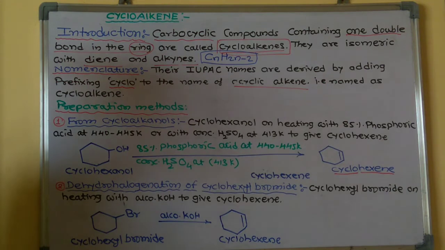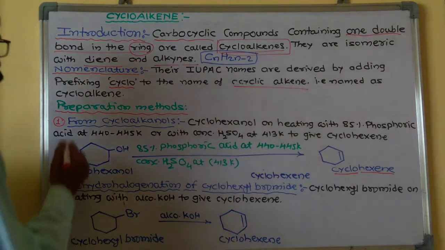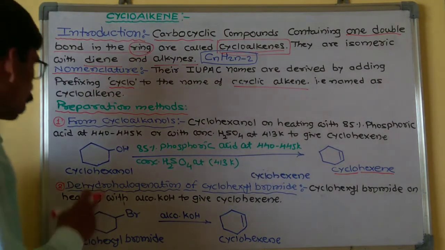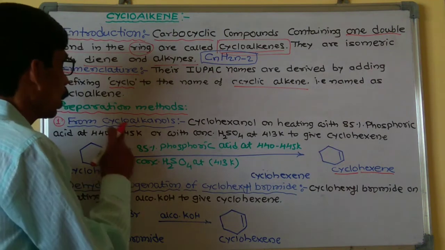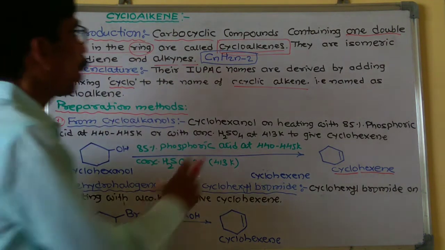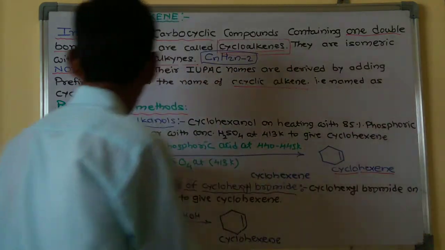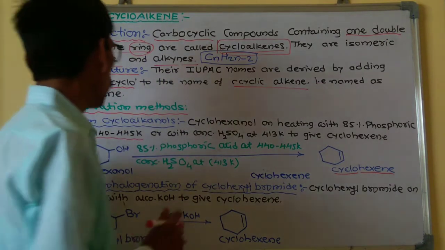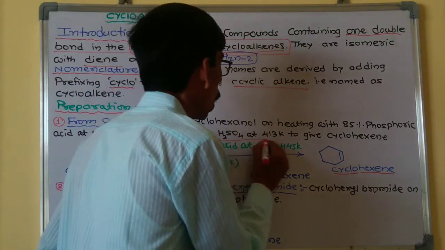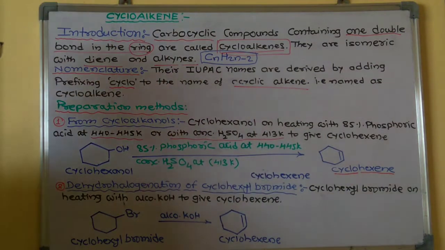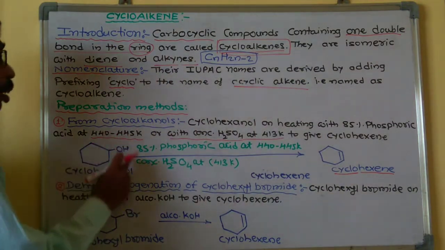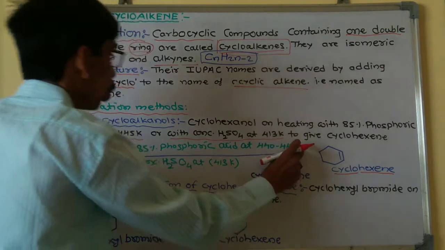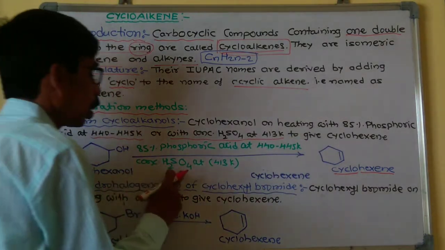Now preparation methods. Number 1, from cycloalkanols. Cyclohexanol is an example. When cyclohexanol is heated with 85% phosphoric acid at 440 to 445 Kelvin, or with concentrated H2SO4 at 413 Kelvin, it gives cyclohexene. The cyclohexanol on heating with 85% phosphoric acid at 440 to 445 Kelvin or concentrated H2SO4 at